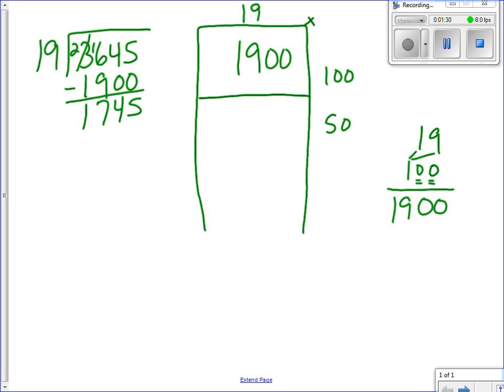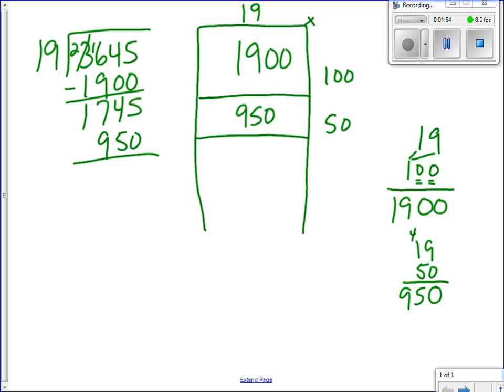So I'm going to go over here, and I'm going to put 19 and multiply it by 50. It's a friendly number because it ends in a 0, so I put my 0. 5 times 9 is 45. Put down my 5, carry my 4. 5 times 1 is 5, plus 4 is 9, so I have 950. So I'm going to put 950 in this rectangle here, and I'm going to subtract it from my balance of